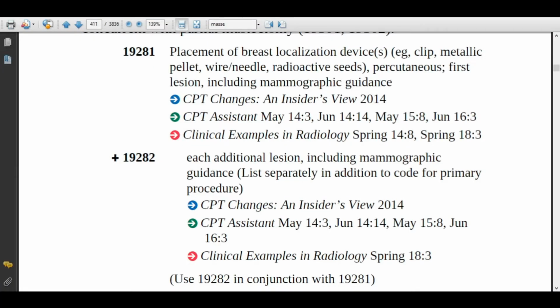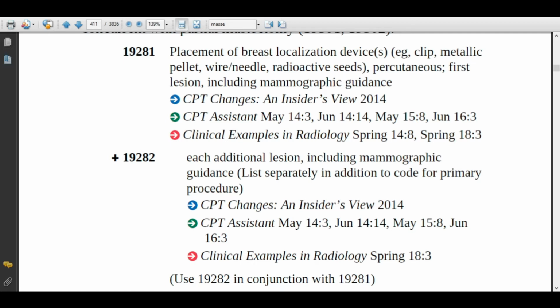19281: Placement of breast localization devices. Example: clip, metallic pellet, wire or needle, radioactive seeds, percutaneous, first lesion, including mammographic guidance. The physician will prep, wrap and anesthetize the patient.